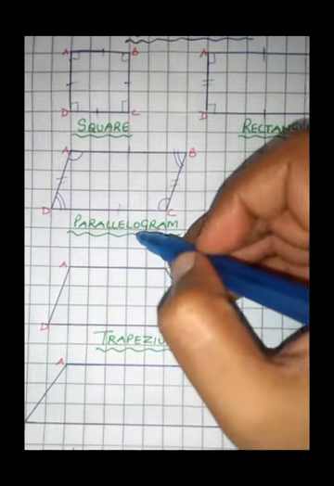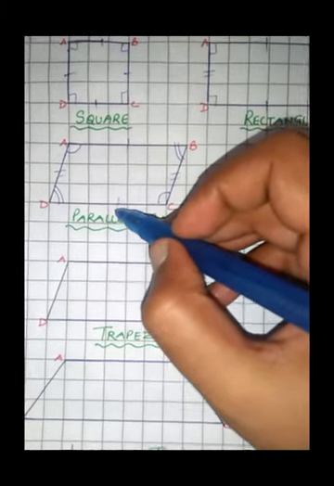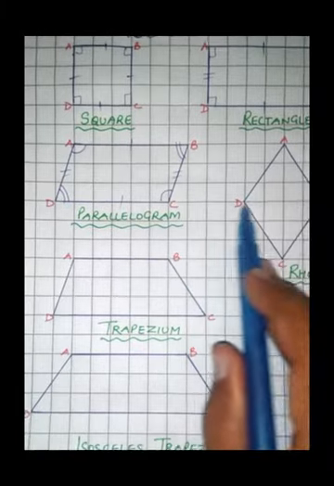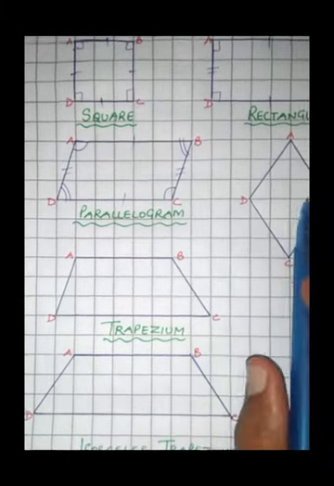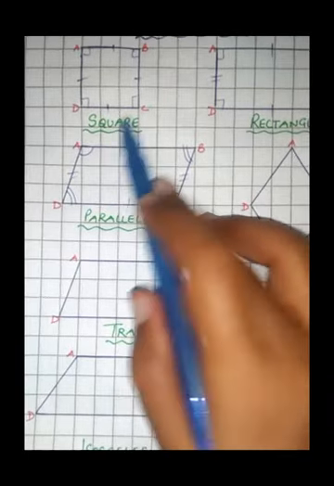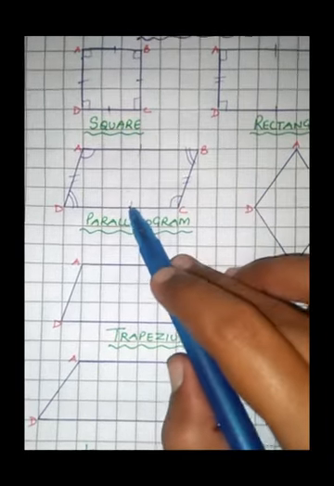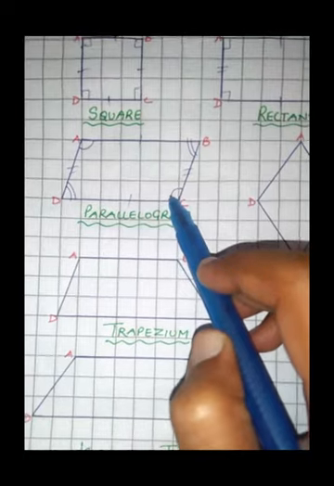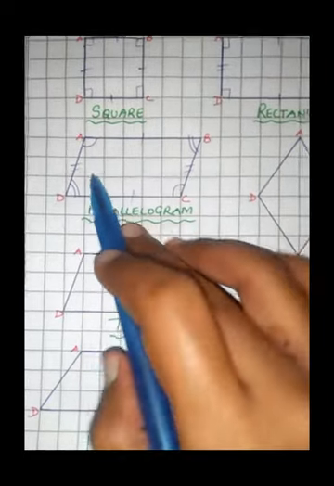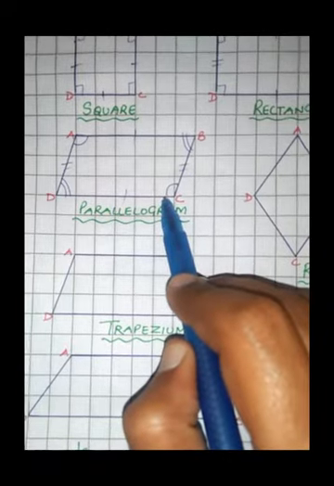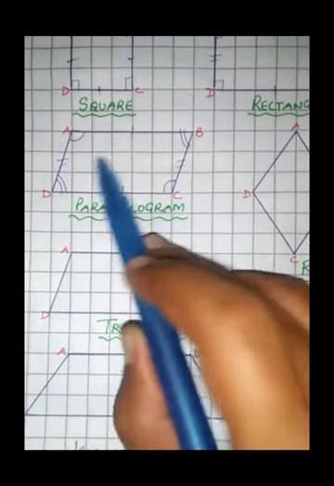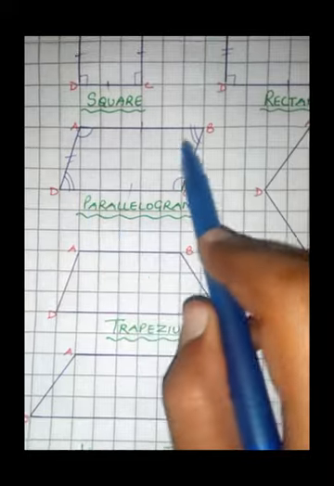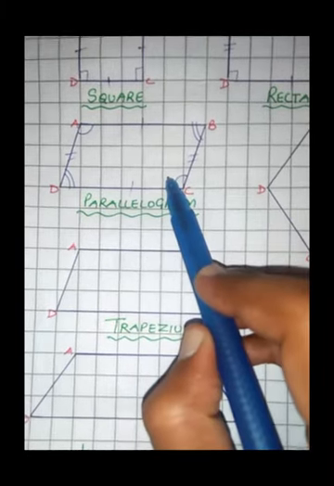Okay. So in a parallelogram opposite sides are equal and they are parallel as well. You can see that lines AB and DC, if you extend them, they will never meet each other. So in a parallelogram as well as in a square as well as in a rectangle, the opposite sides are parallel, and here in a parallelogram opposite angles are also equal. Now the two opposite angles will be obtuse and the other two opposite angles will be acute. So always remember that two angles will be acute and two angles will be obtuse.